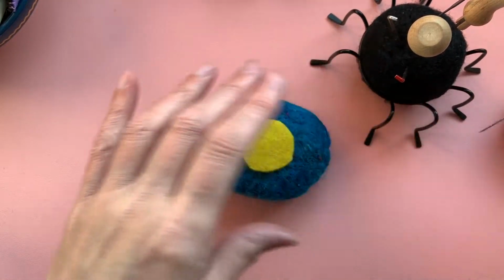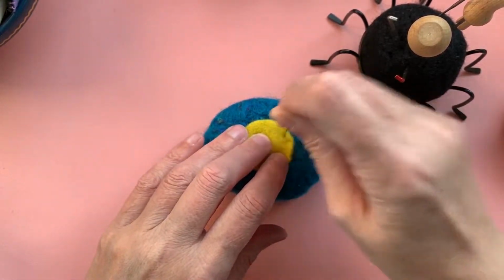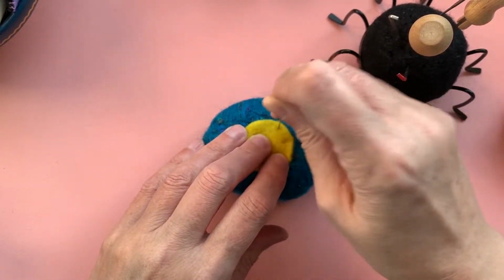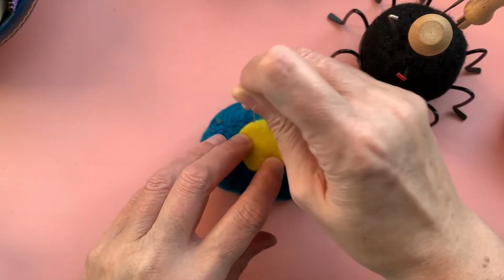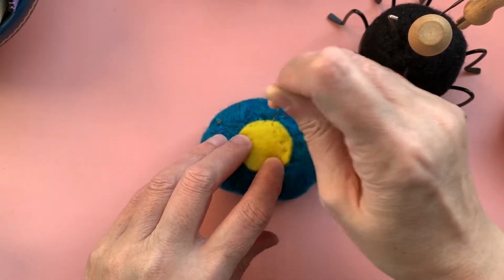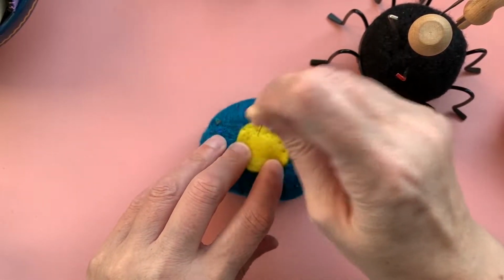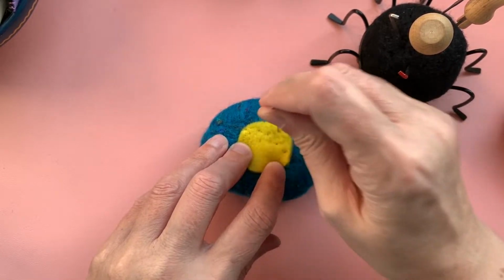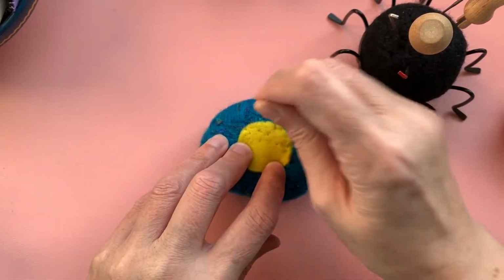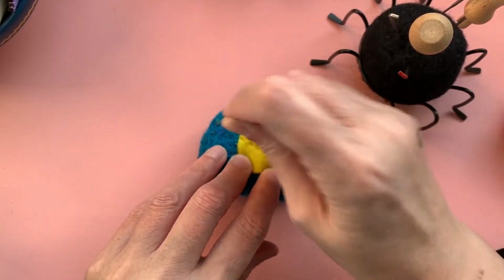So I've got my little spider full of felting needles, and I'm going to attempt to do a little bit of pre-felt because the other stuff I put on my other soap was a roving, kind of a tops roving, some kind of thing like that. I don't know what I'm talking about. Basically it's just some odd bits of tops that I had hanging around in the box,